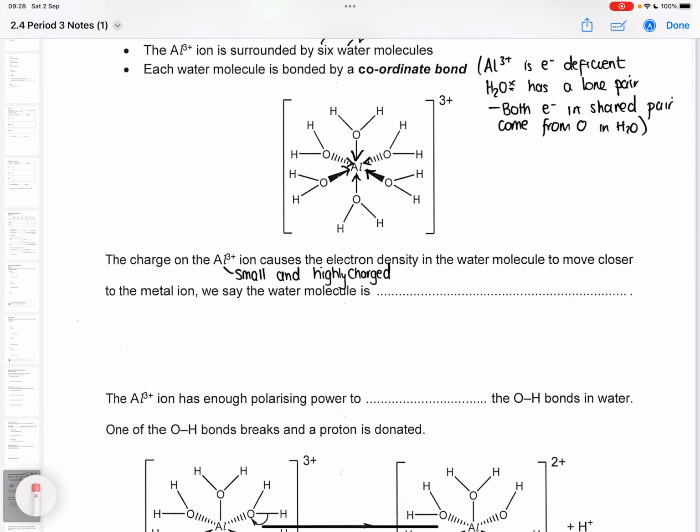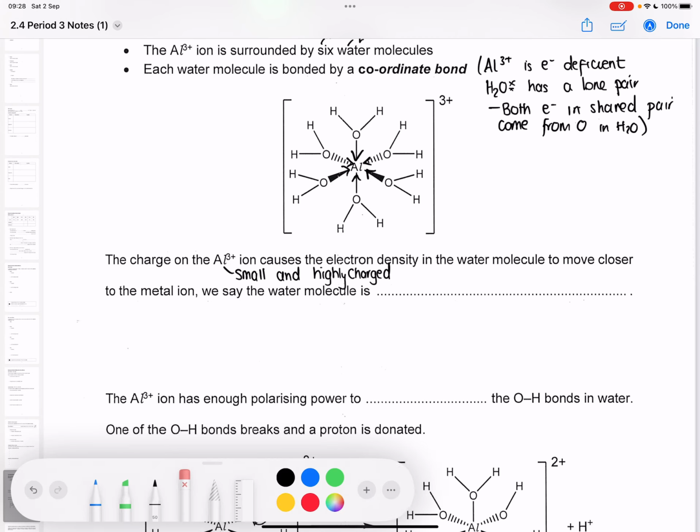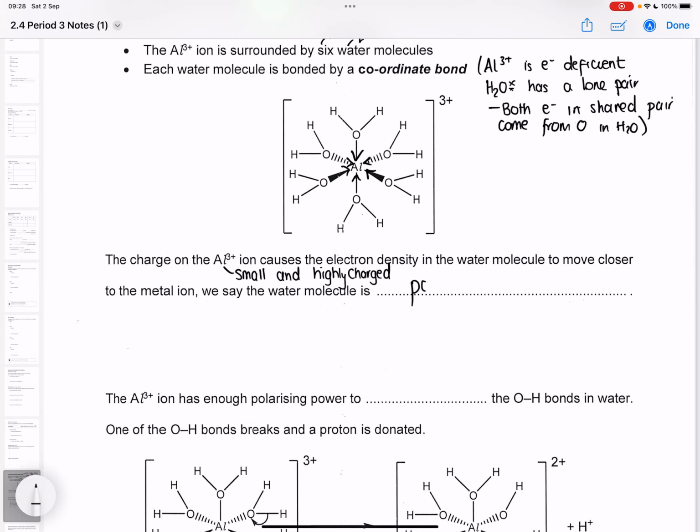In those bonds, they're coming down through the bonds and towards the aluminium. We say the water molecule is polarized, remembering that means that we've got a delta minus end towards the aluminium, delta plus end away. So we're pulling the electrons in. Aluminium 3+ has enough of this polarizing power. It's small and highly charged,